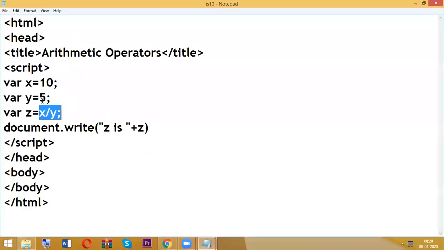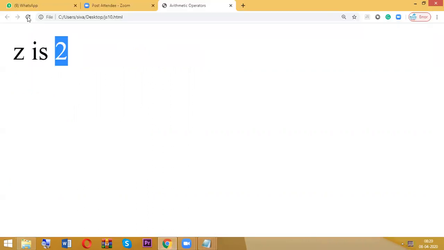Suppose I am having modulus, x modulus y. Control S to save, and just refresh. Whenever we are having modulus, we are going to have the remainder.